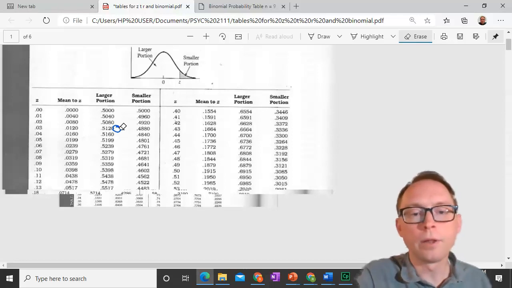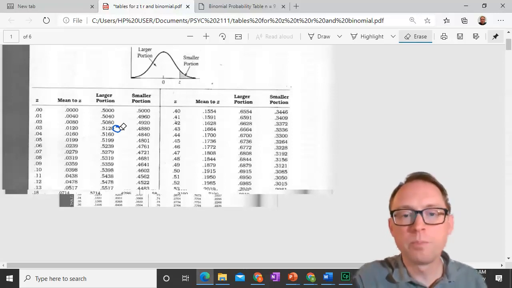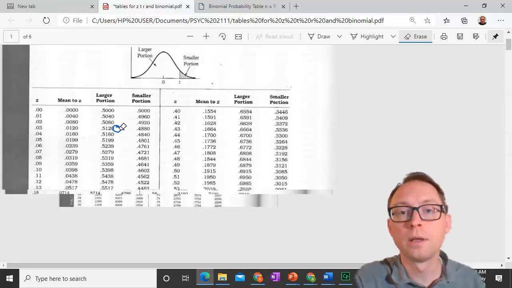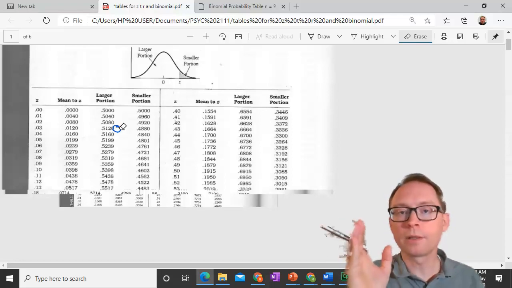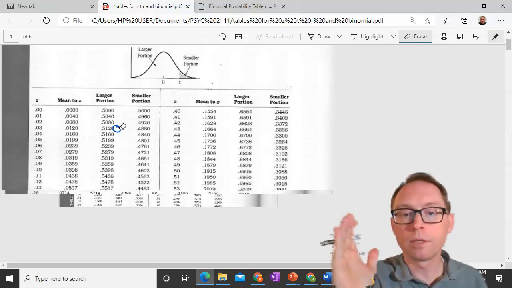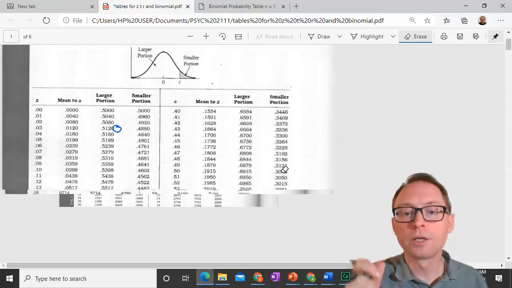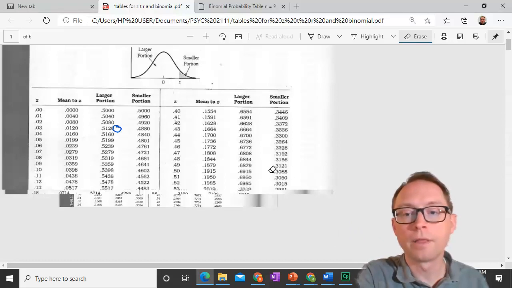Anyway, you look at 0.5, and you're looking for what's bigger than 0.5. Well, what's bigger than 0.5 would be a smaller portion. The reason why it's the smaller portion is because 0.5 is above the mean, right? So that means that the smaller portion of this whole distribution is going to be above a z-score of 0.5 because 0.5 is above the mean. That means that the smaller portion is 0.3085. That is the smaller portion, and that is the portion of the population that is above the raw score